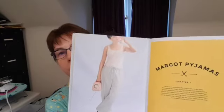So in order to create the channel, I just extended the waistline up using the pattern from Tilly and the Buttons Love at First Stitch. So I just extended the pattern up in the same way as it is for the Margot pyjamas in here, these, which are actually for a woven fabric, but I just extended the waistline up a bit and then created buttonholes instead of just leaving a gap in the seam, and I did stabilise behind where the